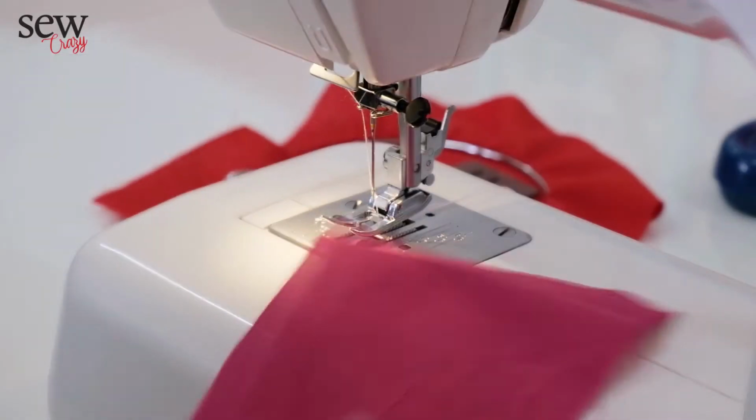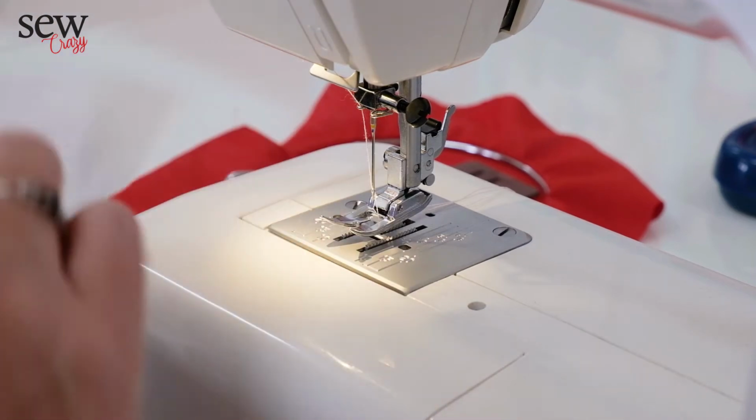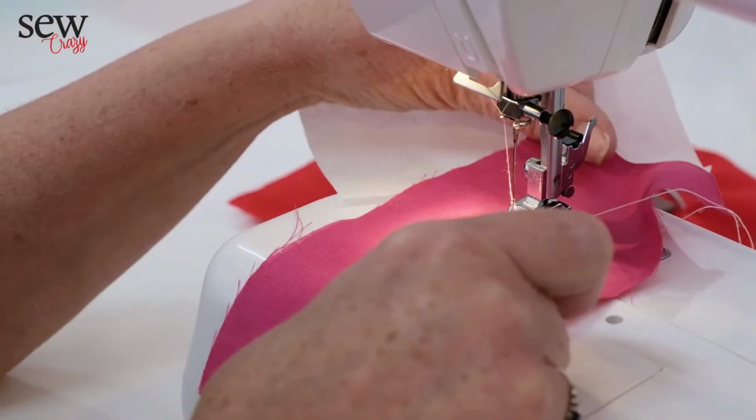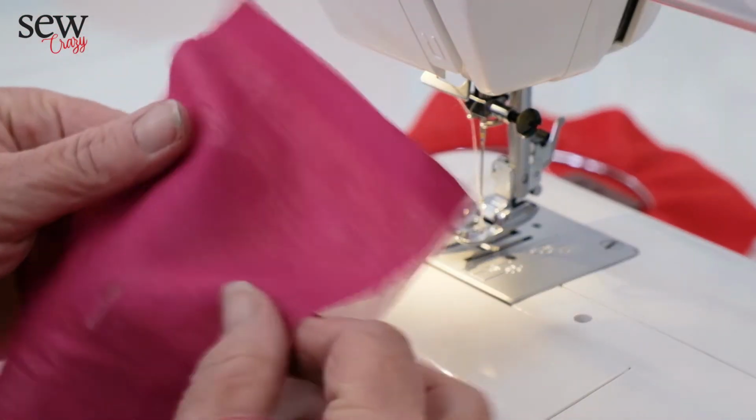Okay, now I'm going to show you how to darn. If you have a tear in your sheet or anything like that, you can't directly go onto the fabric. Use a little bit of stiffening, they call it tear away. You put it behind your tear